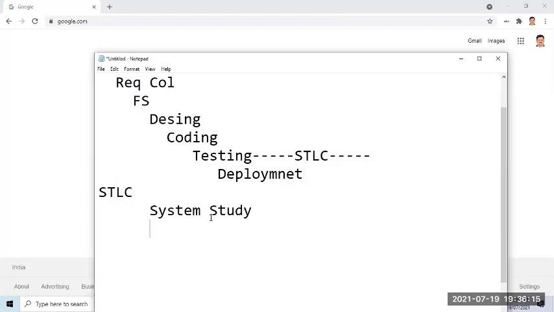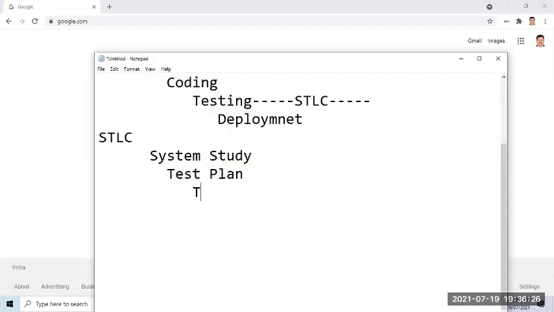So many processes are there, I'll cut it short. The second process is the test plan. Then test cases are ready. After the test cases are ready, we update the traceability matrix. In test cases itself, there is one small life cycle, the test case life cycle. I'm not talking about the bug life cycle.